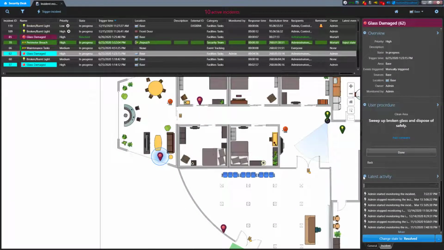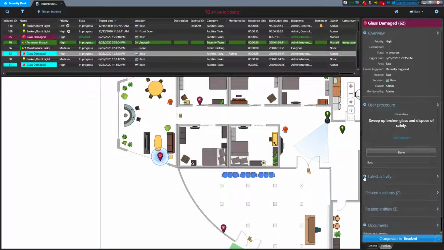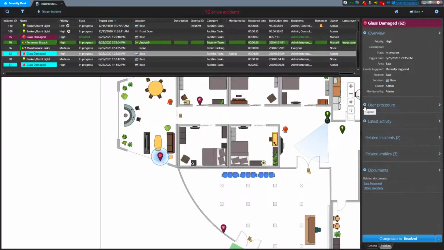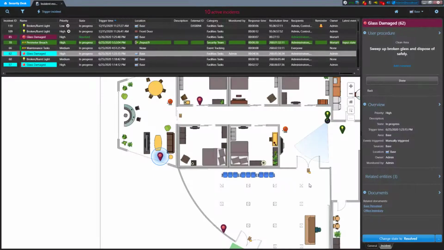Each of the sections in the Details pane can be collapsed or expanded using the minus and plus icons next to the section name. Additionally, the section order can be changed and sections can be hidden completely if you don't need them. This can be modified in the task settings, which we'll look at in another video.